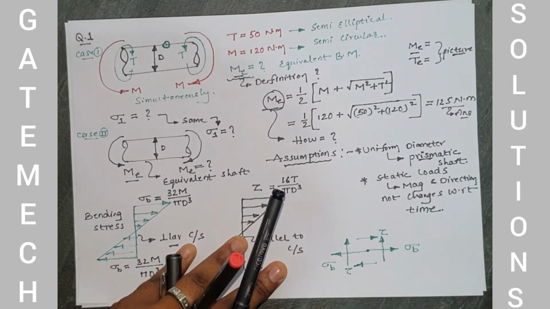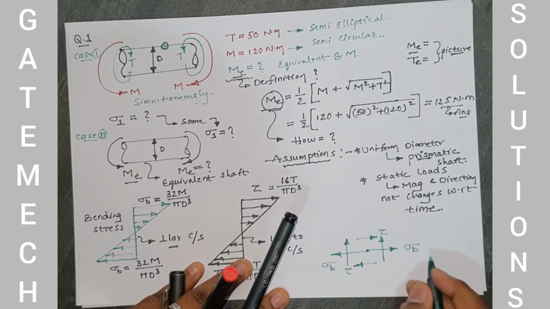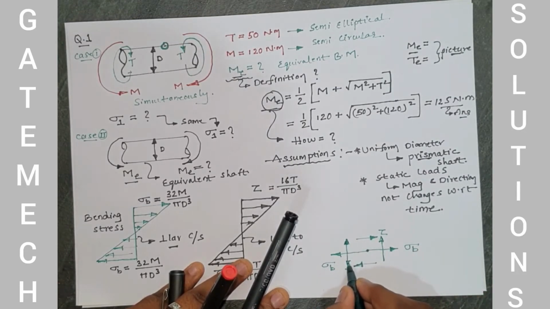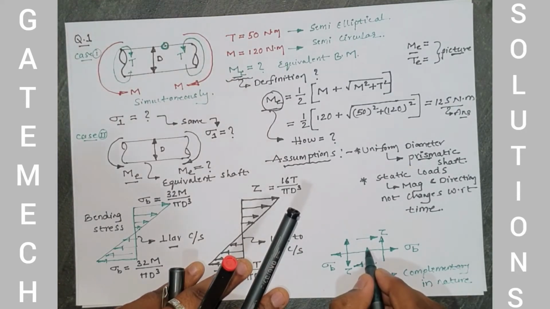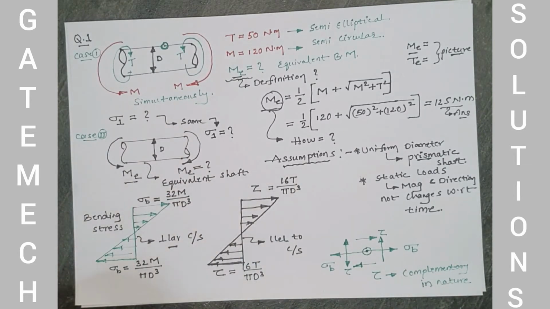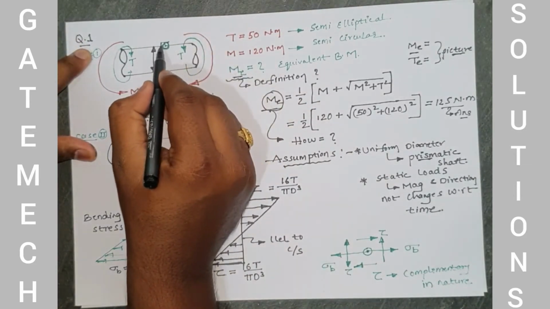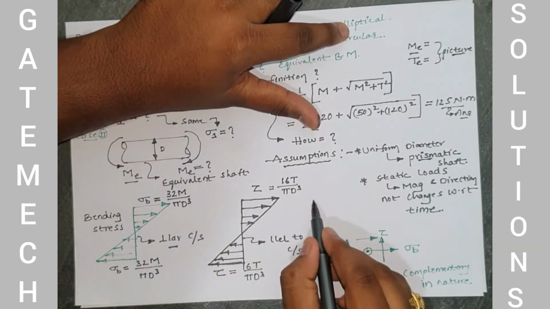Keep it in mind, if the shear stress is clockwise, then complementary shear stress will occur, that is in anti-clockwise direction. So shear stresses are complementary in nature. At a single point, it seems somewhat difficult to represent all these stresses. This is the reason why we are assuming some cubical element. The state of stress I am drawing in 2D manner.